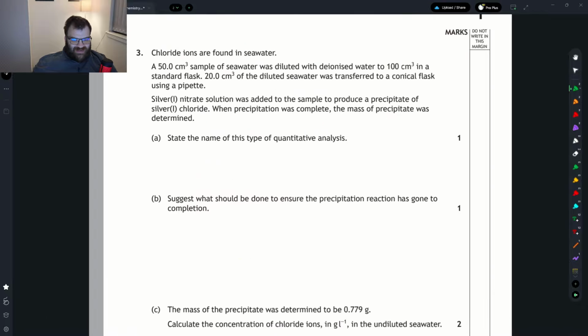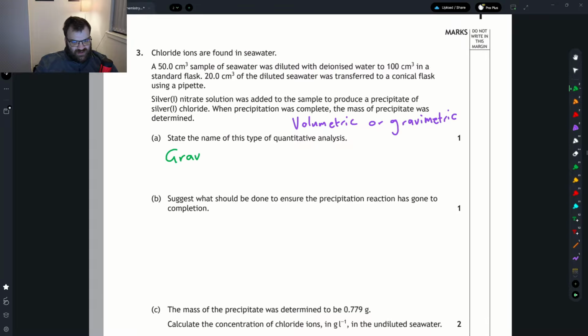In question 3, we're asked which type of quantitative analysis that we have. The two options for quantitative analysis are volumetric or gravimetric. Volumetrics are things like acid-base titrations, redox, complexometric back titrations, whereas if it's gravimetric, we will either be doing a decomposition or volatilization, where we drive off a product and we measure the masses involved, or as in here, we have our precipitation reaction, where we make a precipitate, we isolate it,